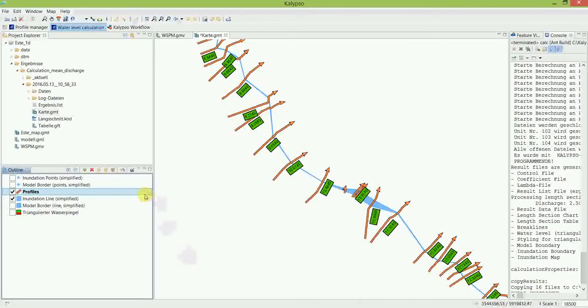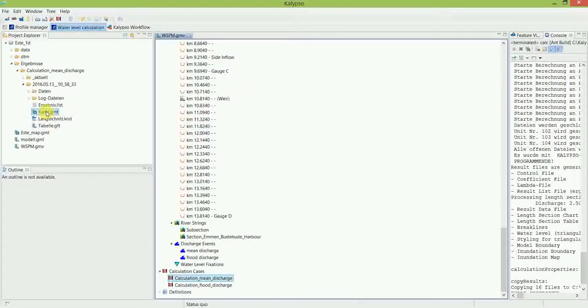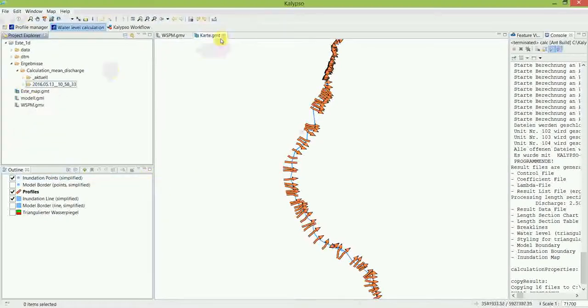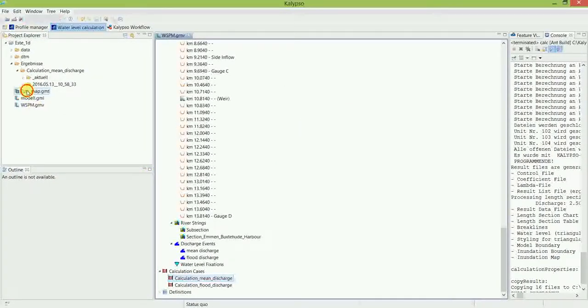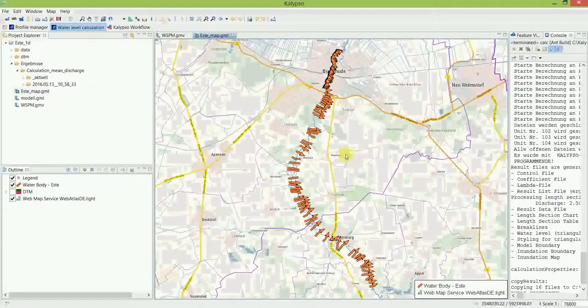I already prepared one map, which is called STMap, so it is stored here. So I will close that automatically generated map and open this prepared map. Sorry, this was the wrong one. This STMap. And here I already added a web map service in the background, so this is called Web Atlas. And here we have our model area, so the orange lines are the profiles. And we have a web map service, and